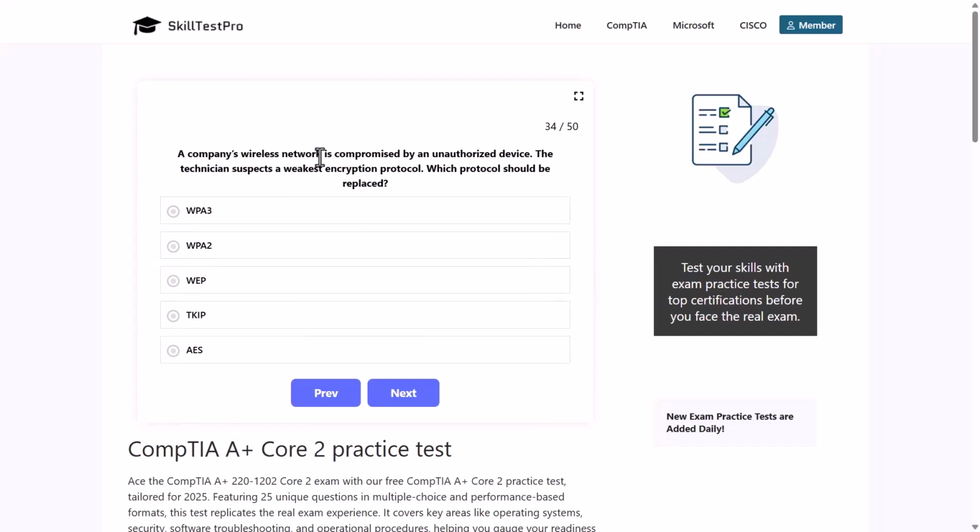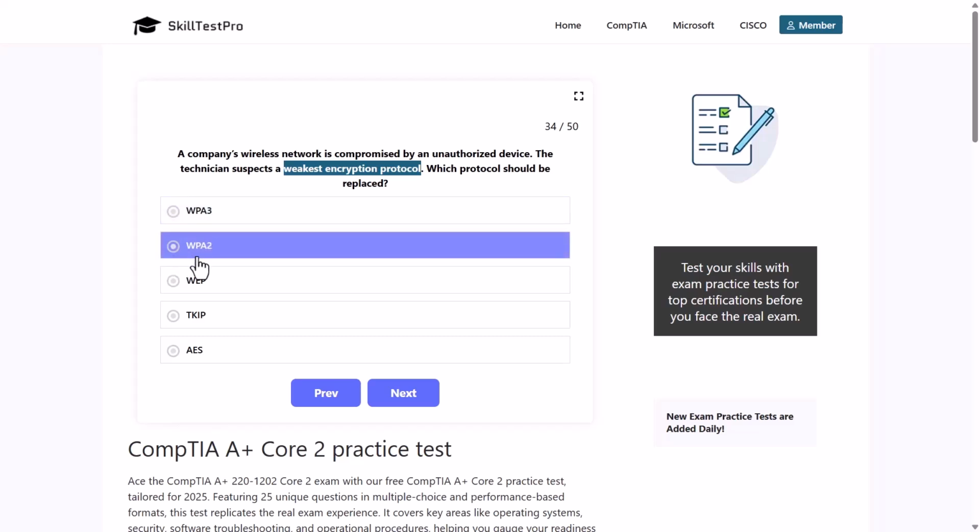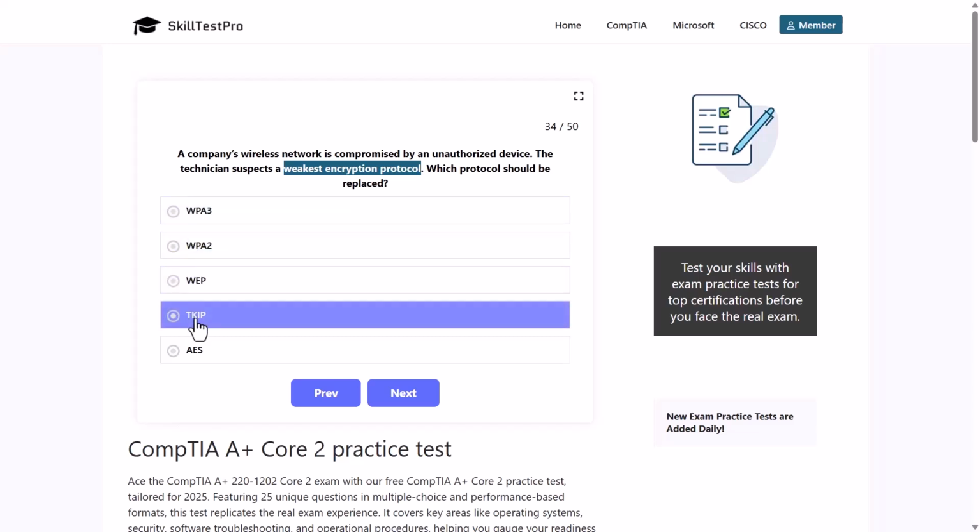A company wireless network is compromised by an unauthorized device. The technician suspects the weakest encryption protocol. Which protocol should be replaced? So we are talking about the weakest encryption protocol on your router, for example, and which protocol would that be from these options? WPA3, WPA2, WEP, TKIP, or